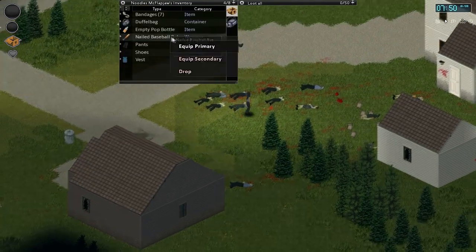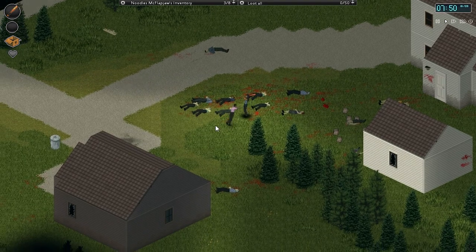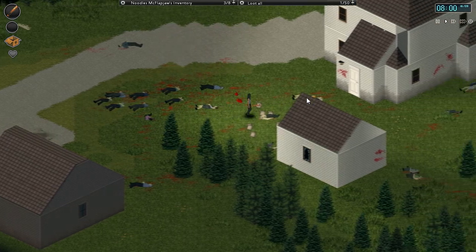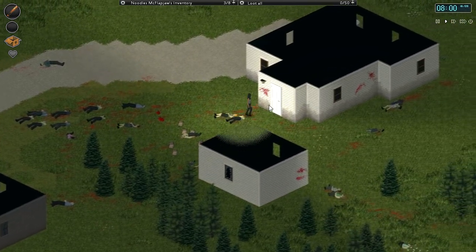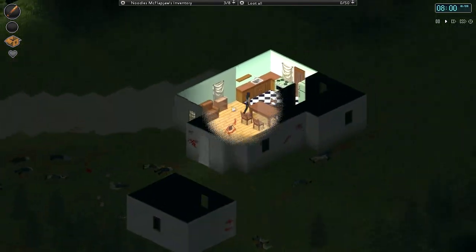Oh, I didn't equip my bat. Hold on here. There we go. And my pop bottle is empty. And down you go. Nothing on her either. And so we have a bunch of zombies that have nothing but the clothes on their back, nothing in their little pockets, no lint,